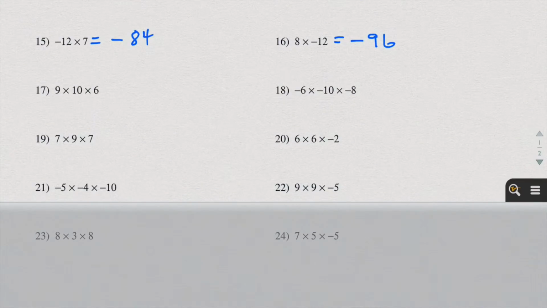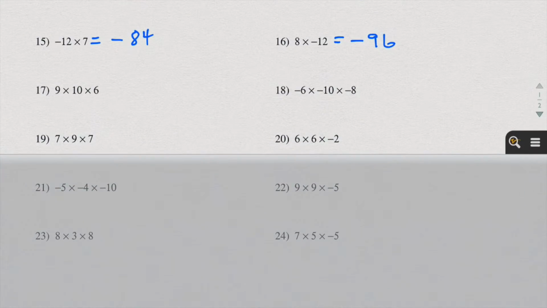Number 17. So now we're just multiplying 3 numbers, which is fine. We just do the first 2 and then multiply by the third number. I do want to mention that sometimes it's easier to multiply by certain numbers first and then multiply by the third. So it'd be easier, I think, to do, well, this one doesn't matter because it's a 10, but let's just do 9 times 6 first. So 9 times 6 times 10, what we get for the 9 times 6 is 54, times 10 gives us